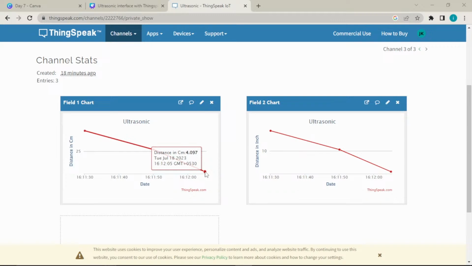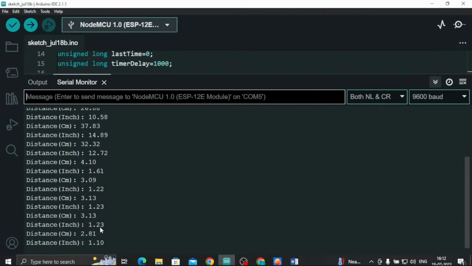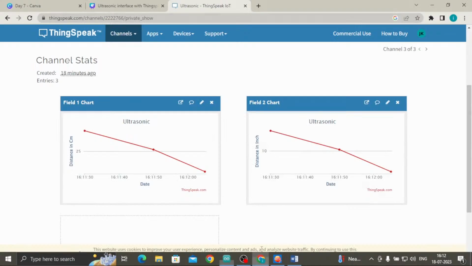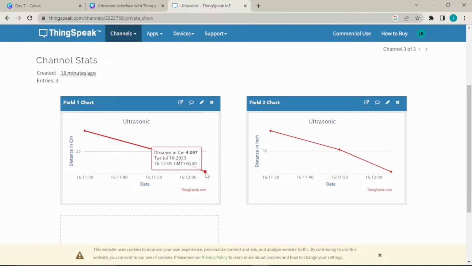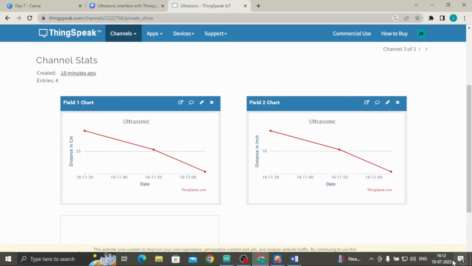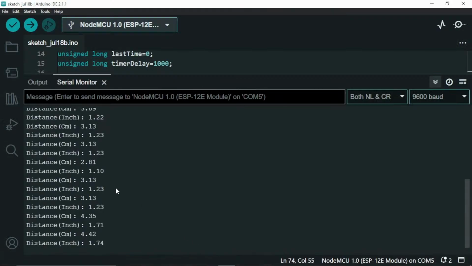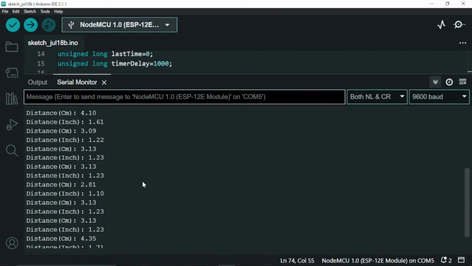Distance in centimeter is 4 now. Distance in inches is 1 now. 4 and 1, 3 and 1. Now let us see. It is updated. Now time is, yeah, see, 2 and 1. So this is our